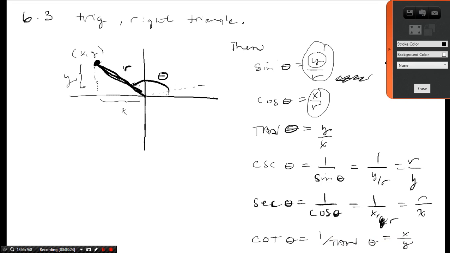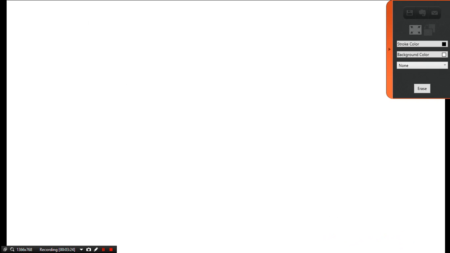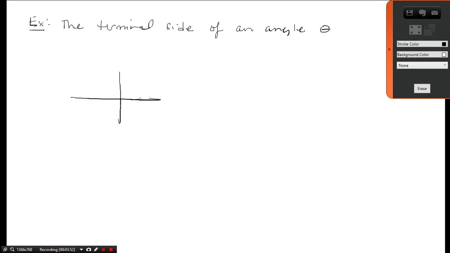Okay, so erase this and let's talk about it. So let's say the terminal side. This is some vocabulary for you. The terminal side basically means that little radius or pendulum hand that's sweeping around of an angle theta. Okay, so if I had to draw you a picture, it looks like this. So this side here, this is theta. This would be the terminal side, passes